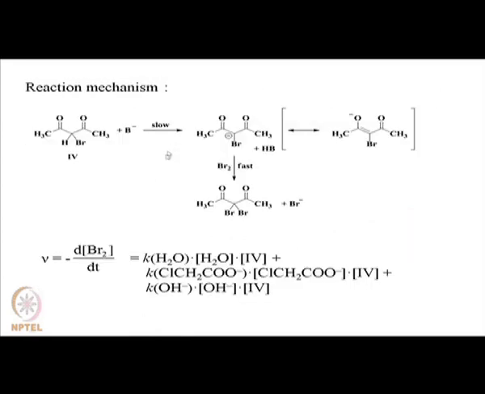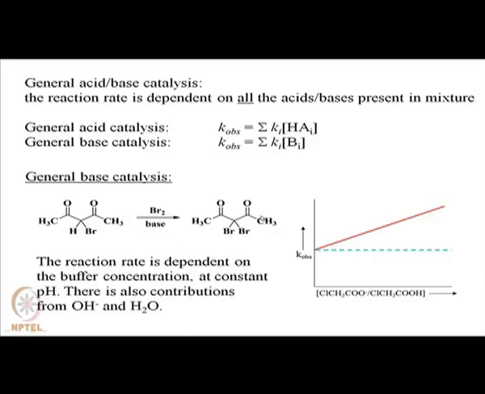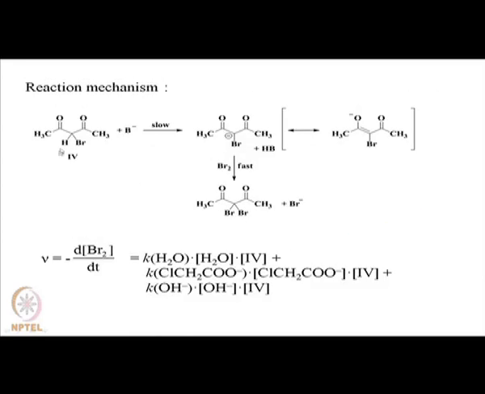Now, the reaction mechanism for this particular reaction is shown over here. It is a slow abstraction of a proton, and then it has the resonance hybrid. In presence of bromine, this minus attacks the bromine to snatch this Br, and Br minus is displaced. Okay, so rate of